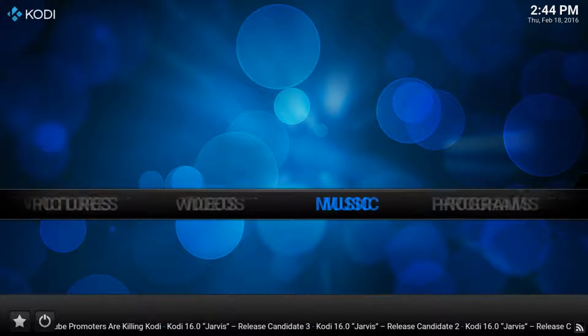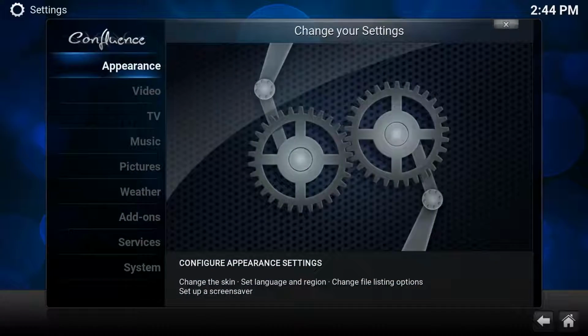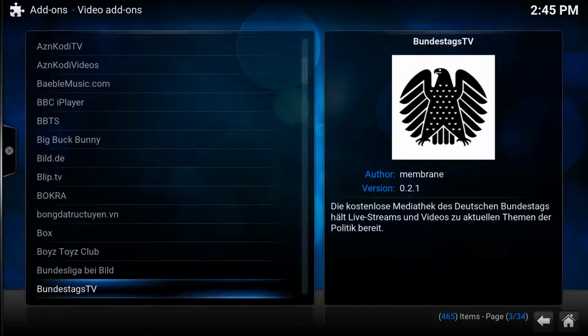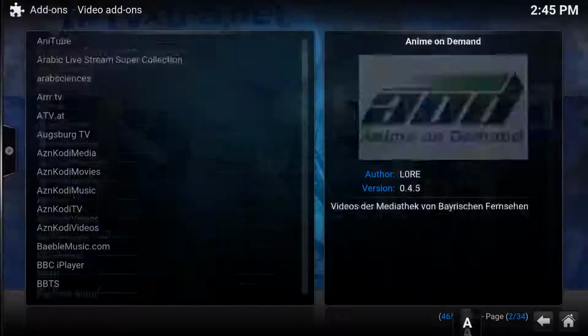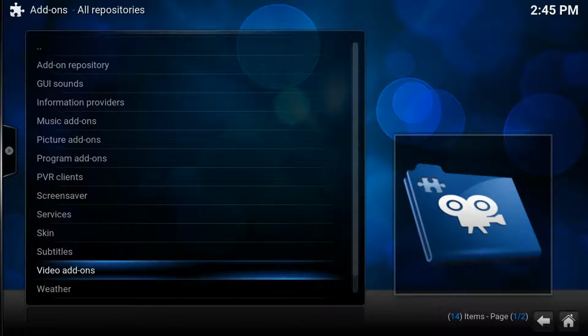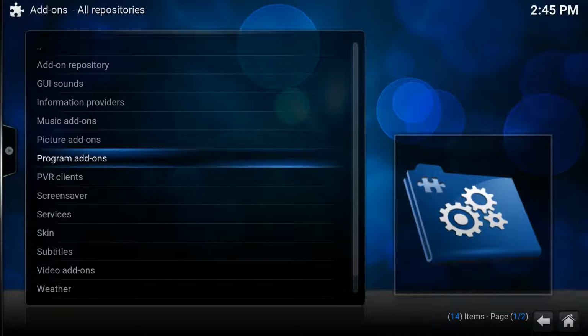So the first thing I'm going to do is go over to System, go into Add-ons, and what are we looking for? We don't want a video add-on, we want a program add-on.